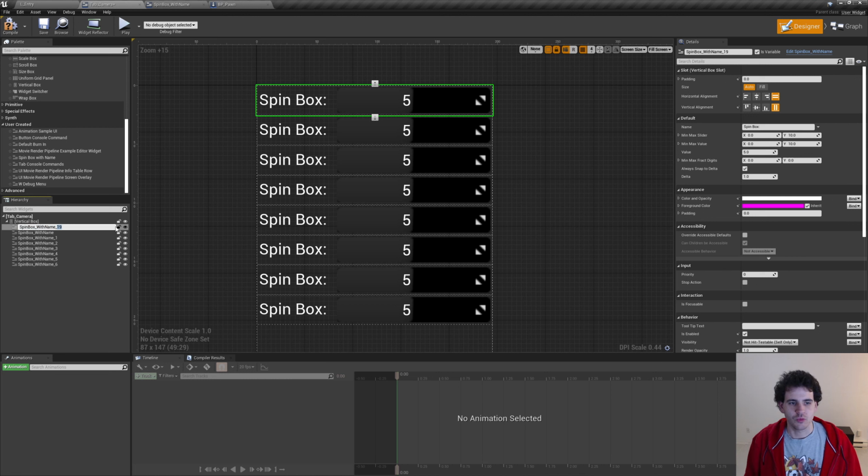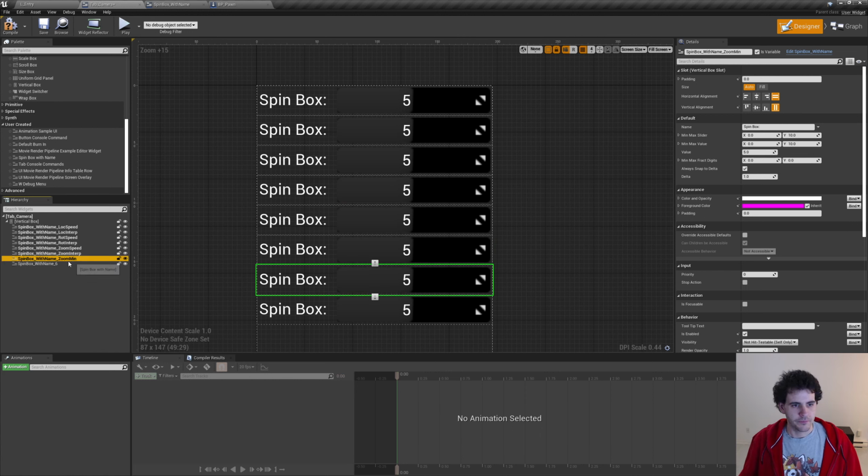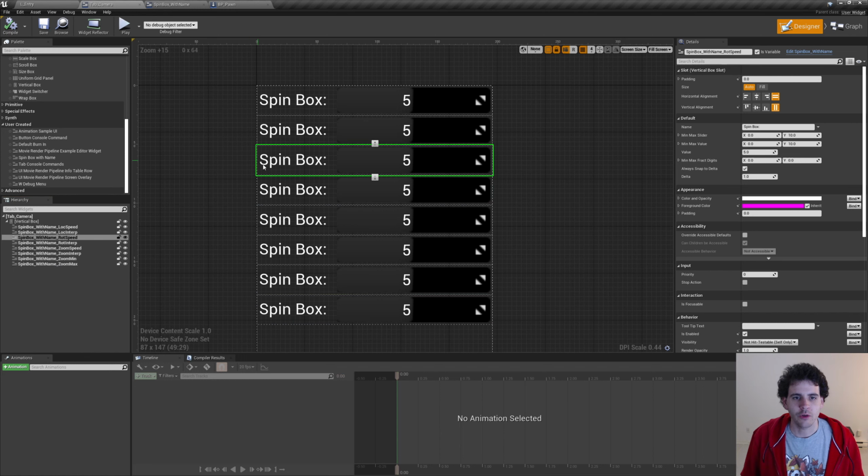So spinbox with name. Instead of that, I'm going to write spinbox with name underscore lock speed. Then I'm going to name it underscore lock interp, then underscore rot speed, rot interp, zoom speed, zoom interp, zoom min, and zoom max. Perfect. And we can now change the text of our sliders, but instead of typing lock speed, lock interp, rot speed, rot interp, zoom speed, zoom interp, zoom max, zoom min,